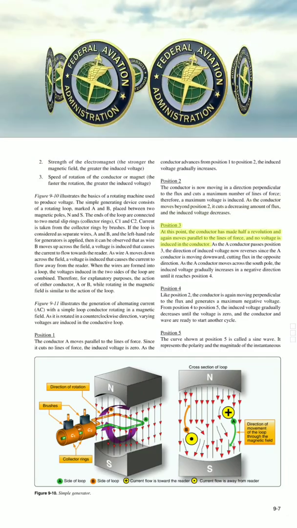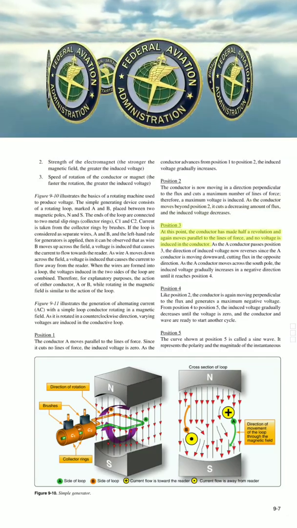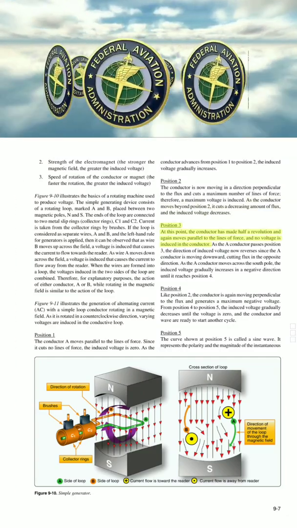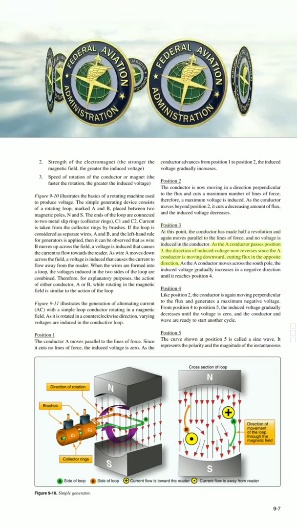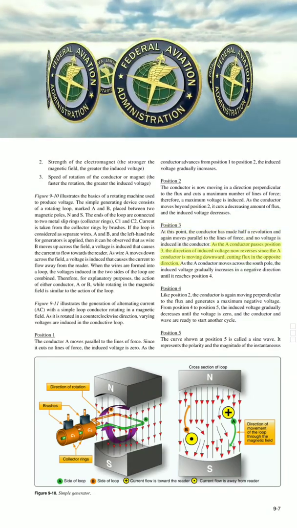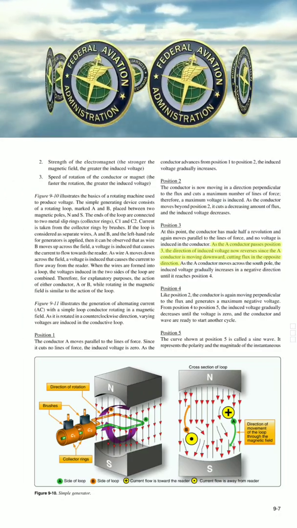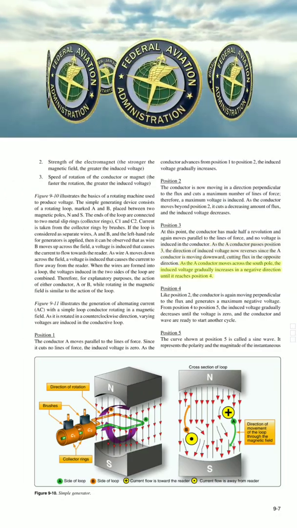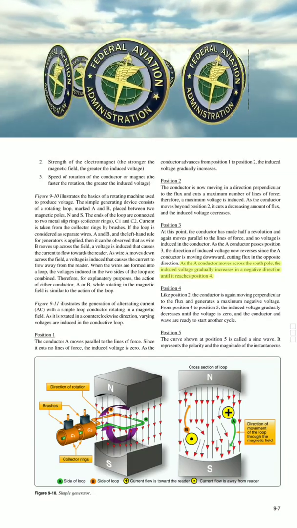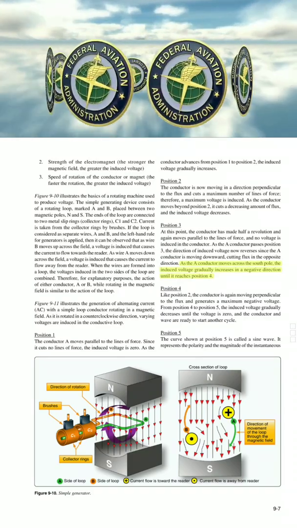Position 3: At this point, the conductor has made half a revolution, and again moves parallel to the lines of force, and no voltage is induced in the conductor. As the A conductor passes position 3, the direction of induced voltage now reverses since the A conductor is moving downward, cutting flux in the opposite direction. As the A conductor moves across the south pole, the induced voltage gradually increases in the negative direction until it